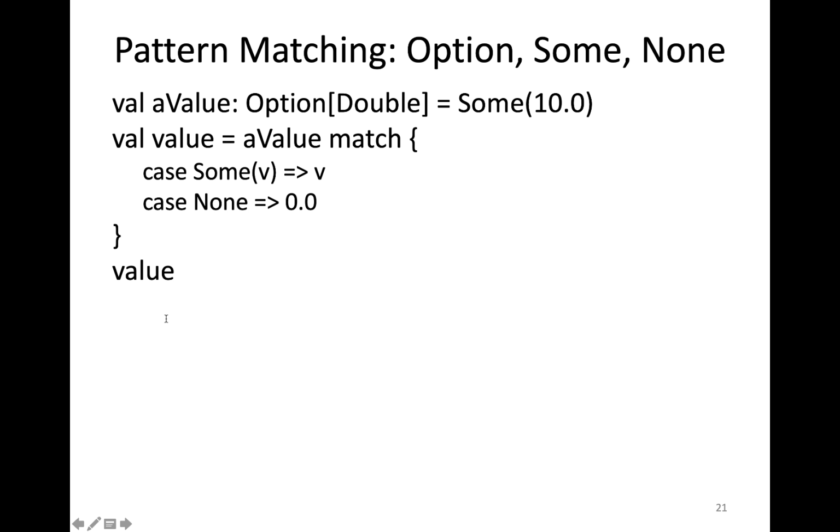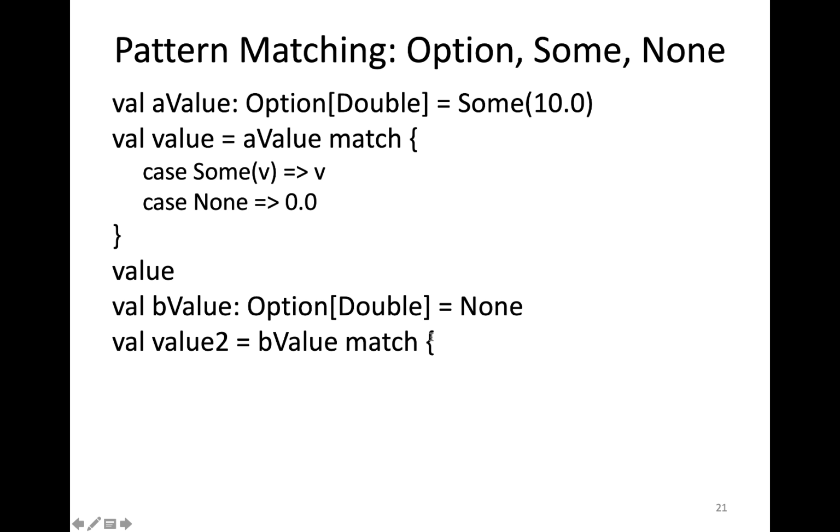So this value should be how much? This was 10.0, so it matches with this condition, so this value should be 10.0 here, correct? And in the other case, b value is None, so if we do similar matching with this b value, then that should match with the None case, and that means it should return 0.0, so the value of value2 should be 0.0 after this code is run, right? Okay,